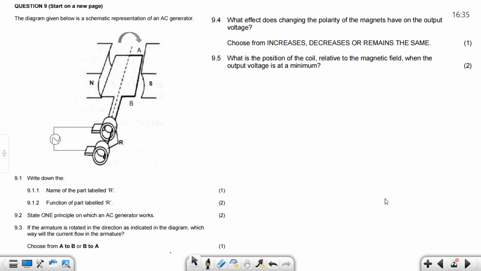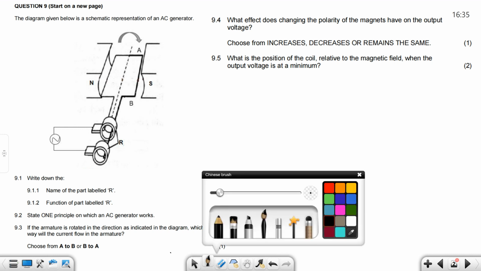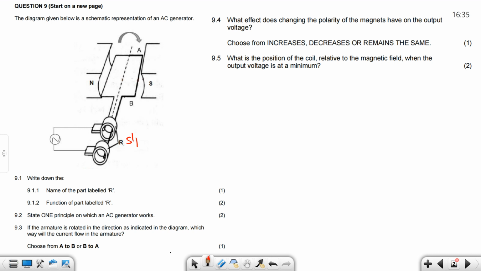Those are slip rings. Remember, split is the DC. So these are called slip rings. Slip rings. Okay? And what is the function of the slip rings? Allows current to change direction in